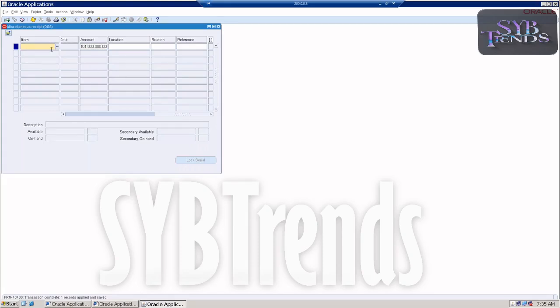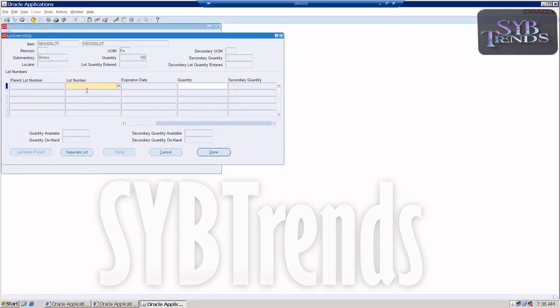Then how do we create it? If you want to split this into multiple lots, this is stores. Instead of directly entering here, first you enter the quantity here. We cannot save the transaction without entering the lot numbers here. So click on lot or serial numbers. Now here,